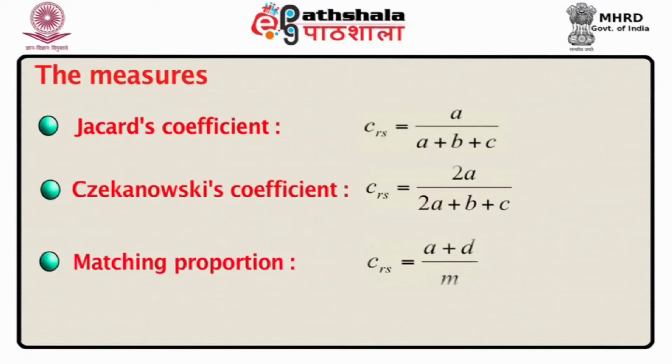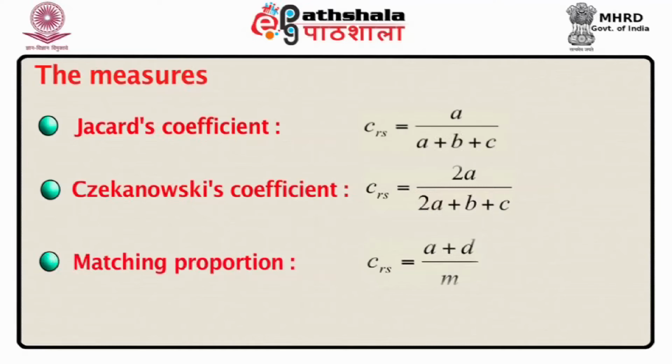If you go back to the previous table, you will see that D actually corresponds to the absence of the characteristic in R and the absence of the characteristic in S as well. So when we look at Jaccard's coefficient, we exclude D because it's not present. So the measure actually is A